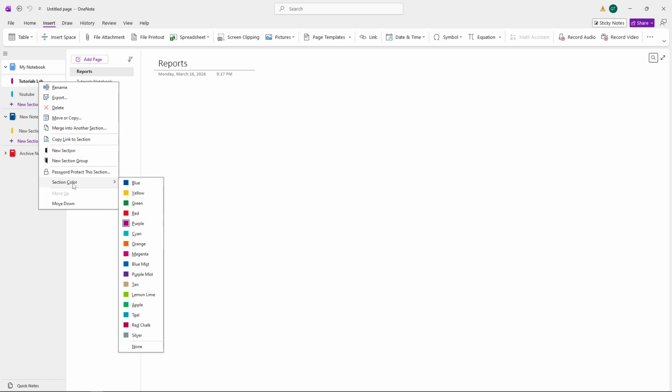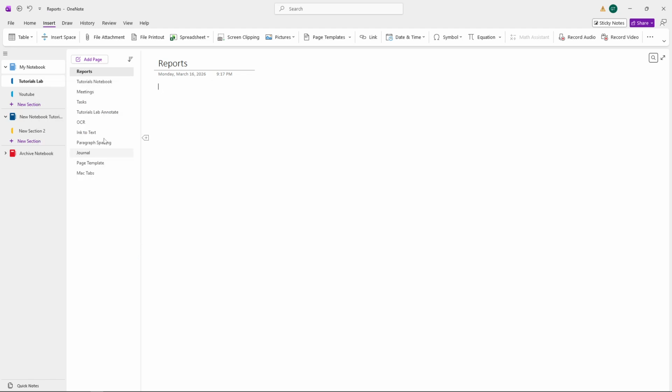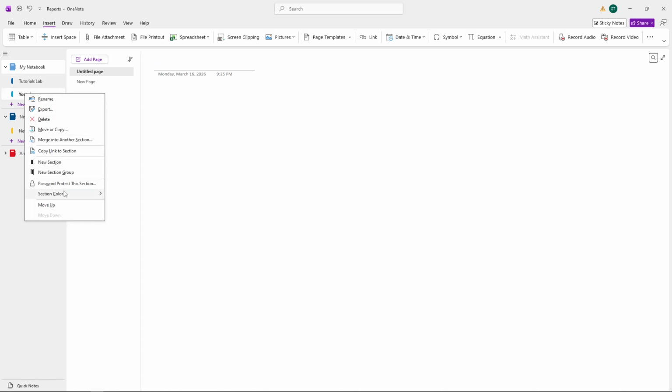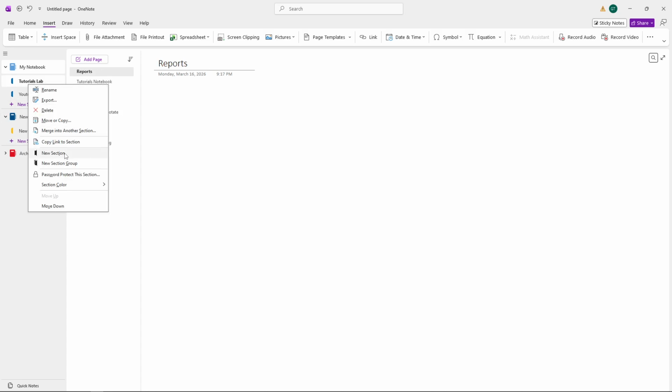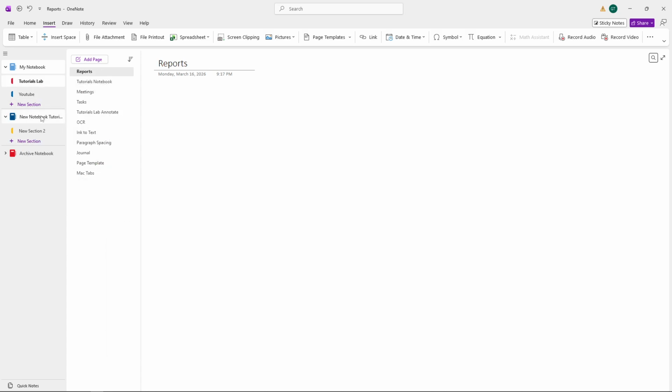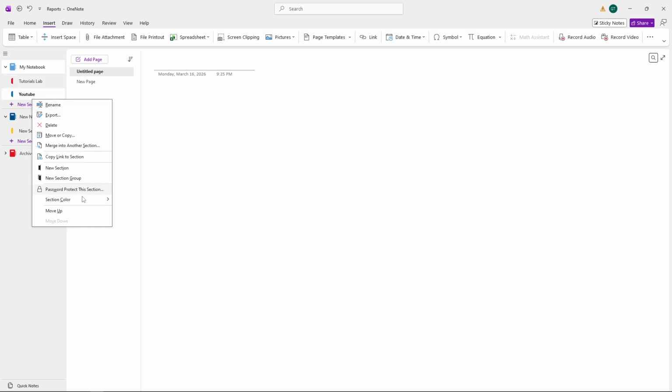Simply click on the color you want to select it. The moment you click, the section tab color will change immediately. You'll notice the visual difference right away, making it much easier to identify that particular section when you're navigating through your notebook. This simple color coding system can dramatically improve your workflow, especially if you're managing multiple sections for different